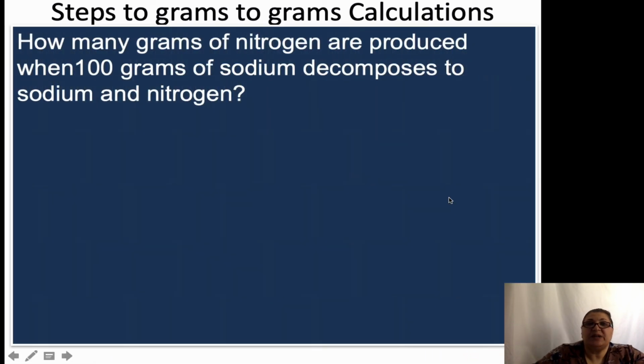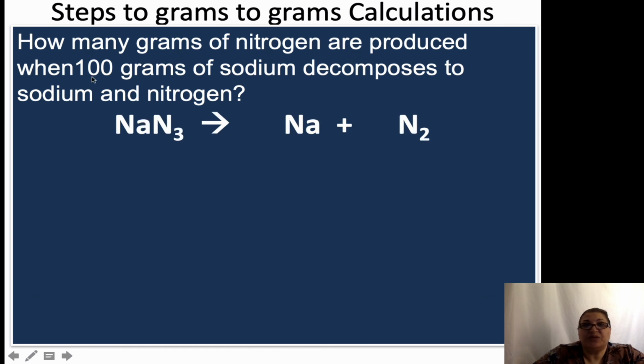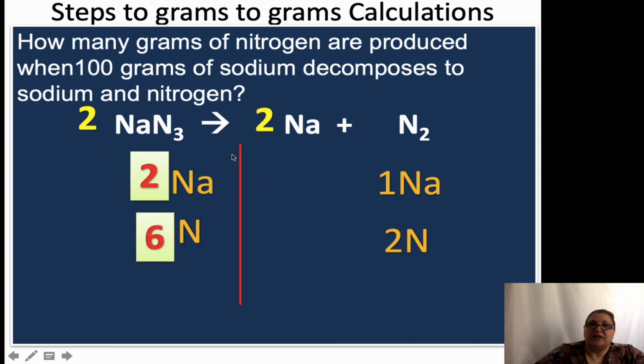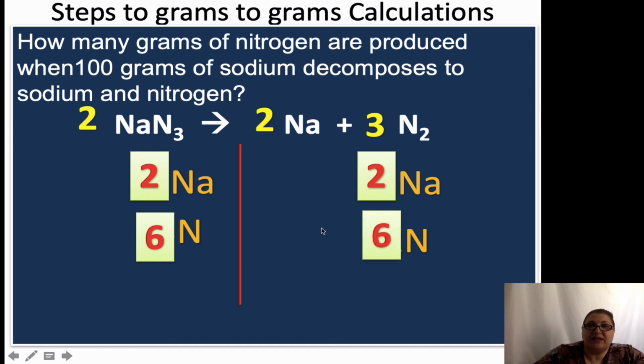Now the second problem, how many grams of nitrogen are produced when 100 grams of sodium nitride decomposes to sodium and nitrogen? This one should say sodium nitride. So we balance first, 1 sodium, 3 nitrogen, 1 sodium and 2 nitrogen. First we multiply this one by 2, so that makes nitrogen 2, nitrogen 6. To balance Na, we multiply Na by 2. To balance nitrogen, we multiply by 3, that makes it 6. So now that it's balanced,